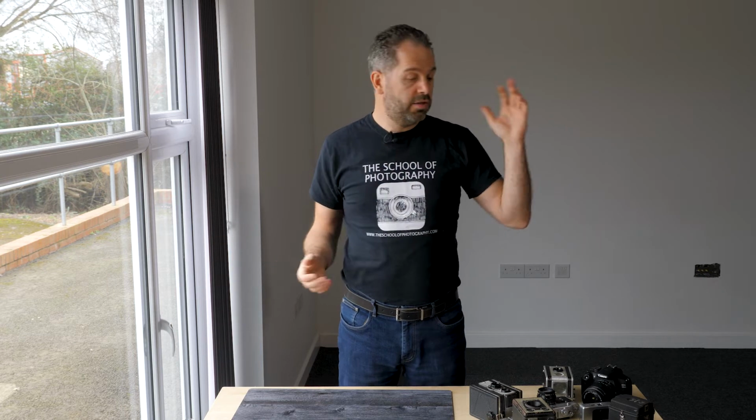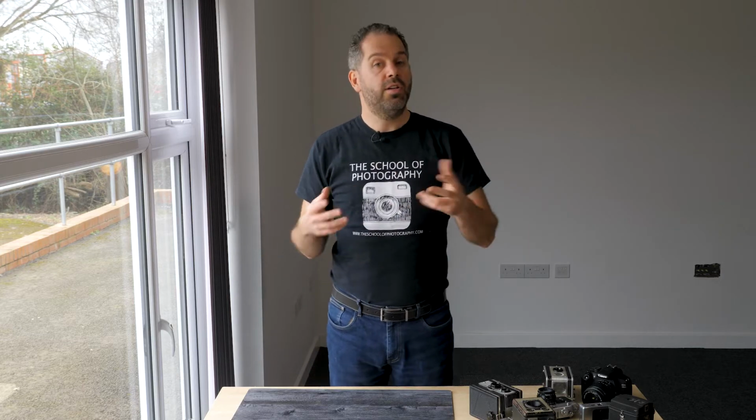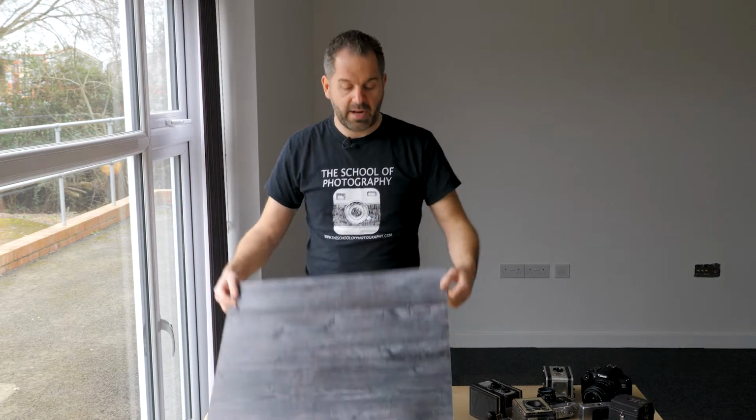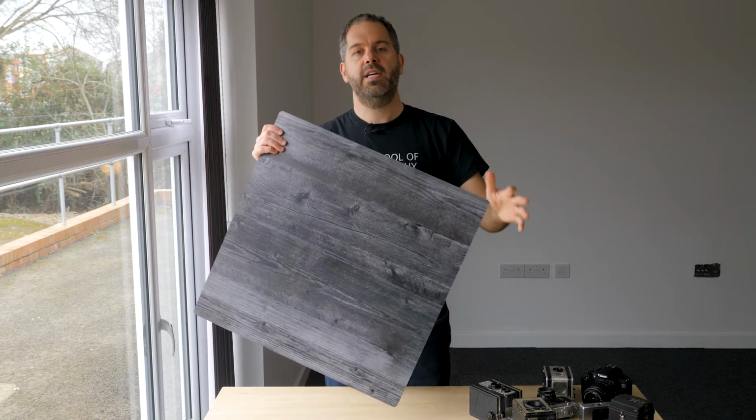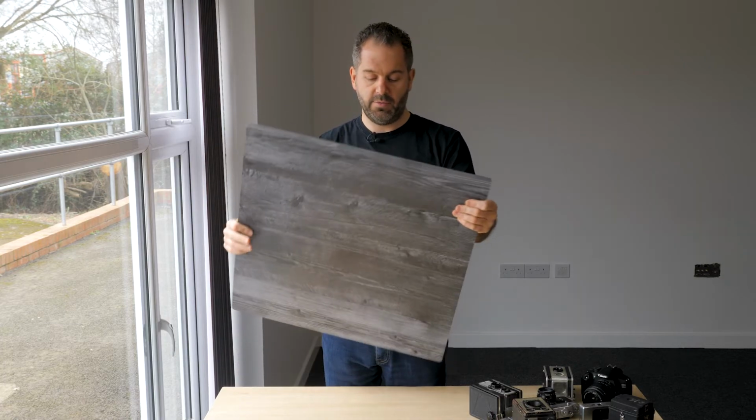Loads of backgrounds out there. You can use a table if it suits, you can use a piece of wood, you can get vinyl backgrounds if you want to, or you can get backgrounds like this that are specifically made for flat lay and product photography. This one comes from